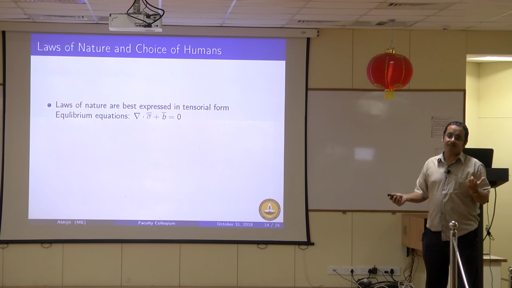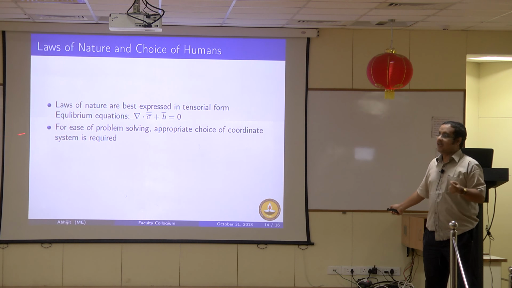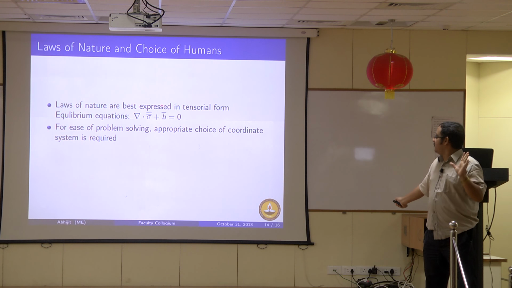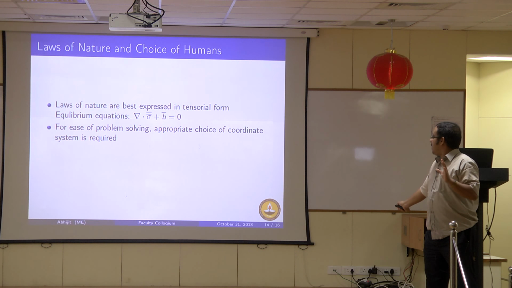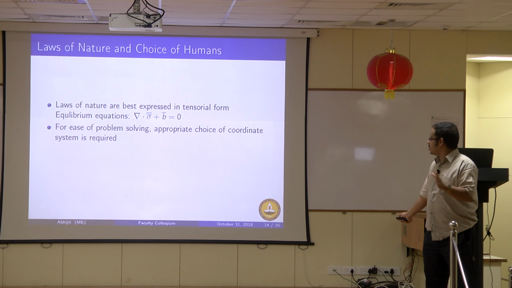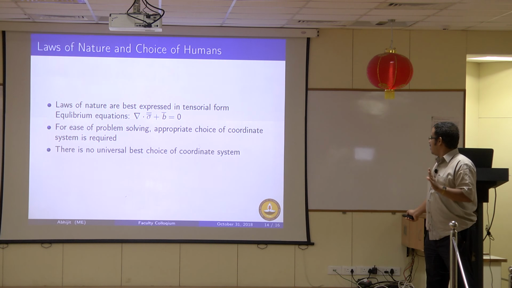So, for that the choice of coordinate system is very important. The choice of coordinate system is actually associated with the problem solving. Nature's law is this, a beautiful, aesthetically appealing equation, but while doing the problem solving you have to do that dirty work of putting it into some coordinate system of your choice, and then what you will see is a few clumsy terms here and there, but you have to deal with it. There is no other way out.